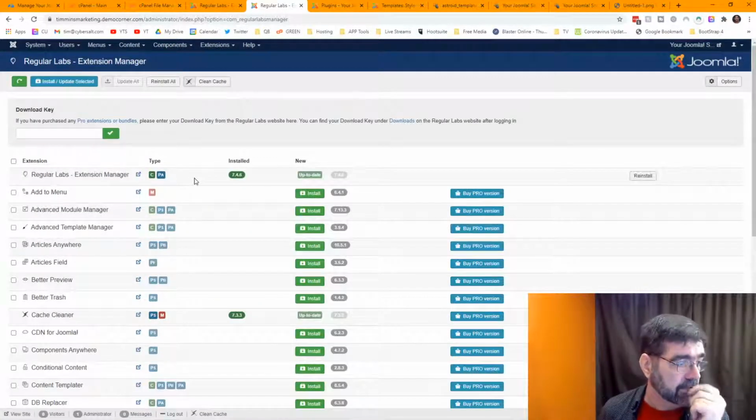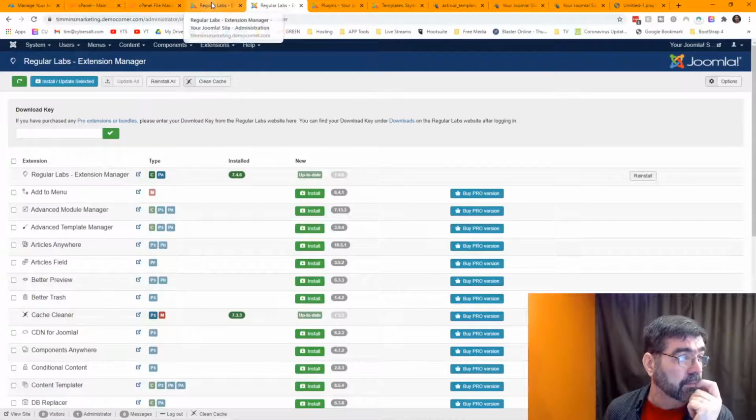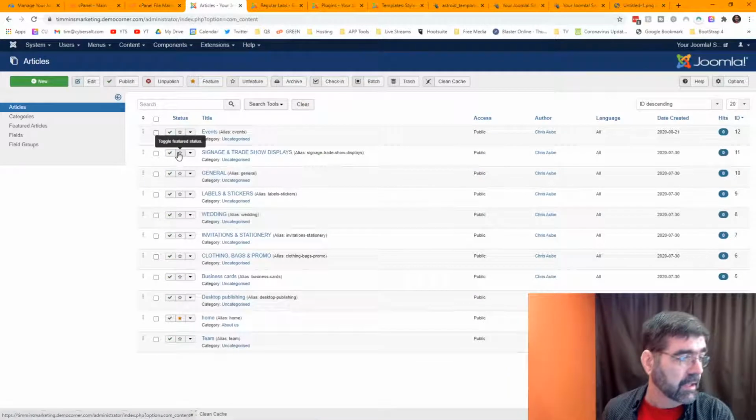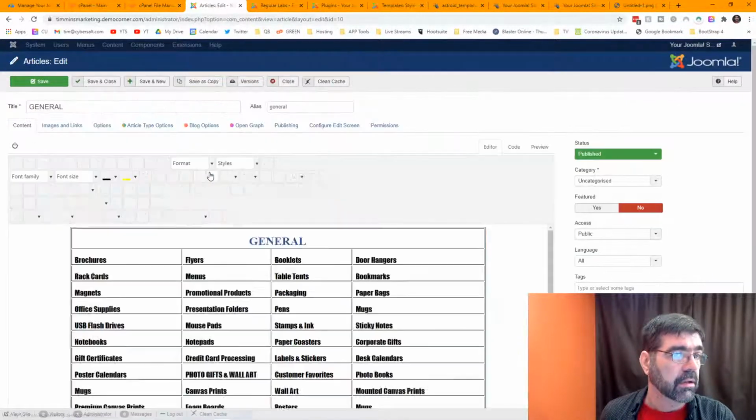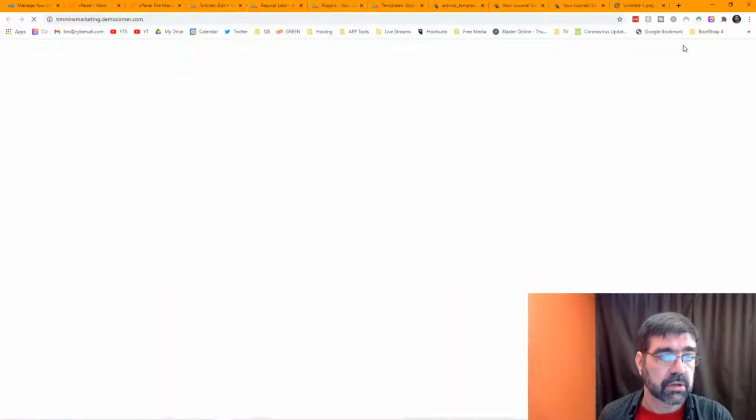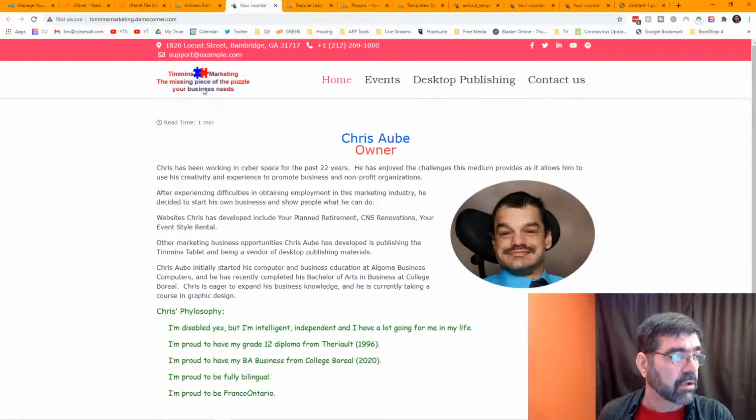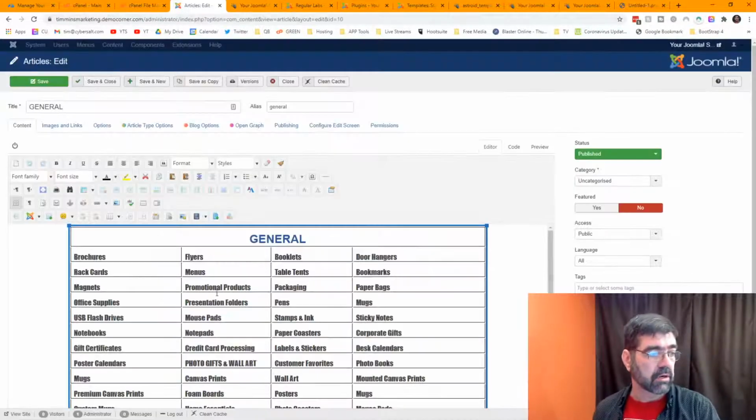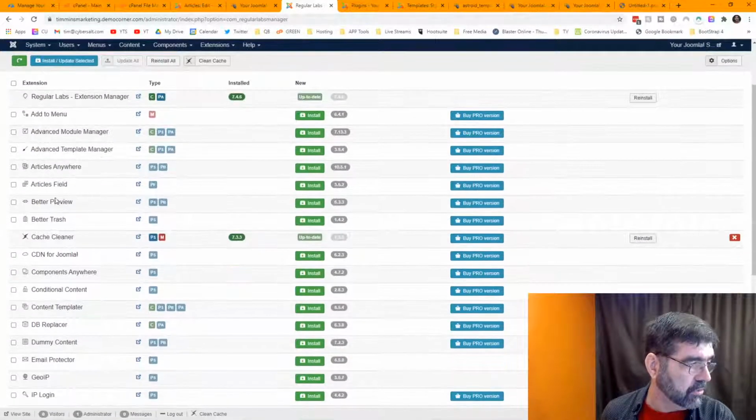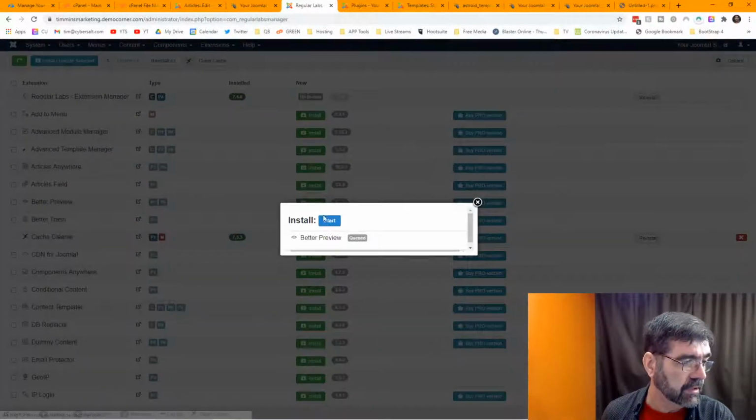So for instance, if we go to content and articles and go to general, and go up to preview this page, you always end up going to the home page. You don't ever see the page that you are working on. But with Regular Labs Better Preview right here, when you install that,